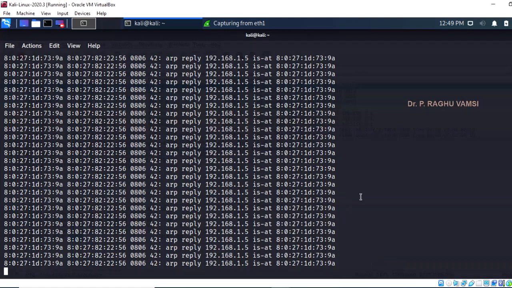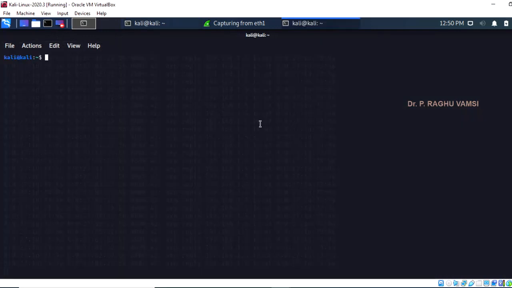And what we'll do is we'll perform the same in the reverse order. So for this we'll open another command prompt. Here sudo arpspoof -i eth1. Now the target is Windows 7. That means Windows 7 should assume that Windows XP is sending the echo request, because in Windows XP we are not getting any echo request. So now we'll apply poisoning on the Windows 7.